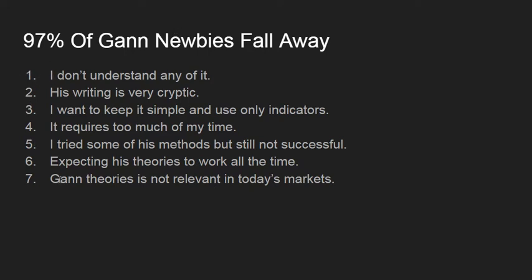I just tallied 7 of these. There's probably more, but these are the number ones from the ones I've gotten that stick out to me, for reasons why Gann newbies just quit, and they go back to their indicators and their systems, or they continue looking for other stuff to learn,